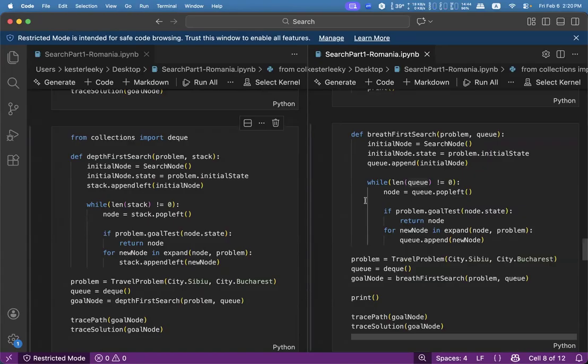So you can see that choosing what data structure to use for the fringe will actually affect the properties of the search algorithm, and you have depth first search and breadth first search as two different types of data structure for the fringe.